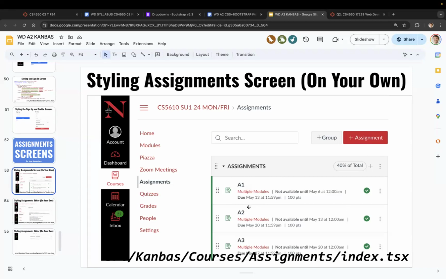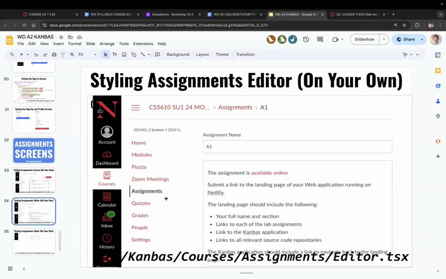But on your own, try using the same examples that you've seen so far, how to style modules, how to style home and all these drop downs and buttons and whatnot. Try to recreate the assignment screen where you have the check marks and the similar icons. They don't have to be exactly the same, but more or less follow the same look and feel. So you have a list of assignments, and when you click on an assignment, it goes into an editor, where you have at the top an input field that allows you to edit the name of the assignment and a text box. Eventually, this will become a WYSIWYG editor,